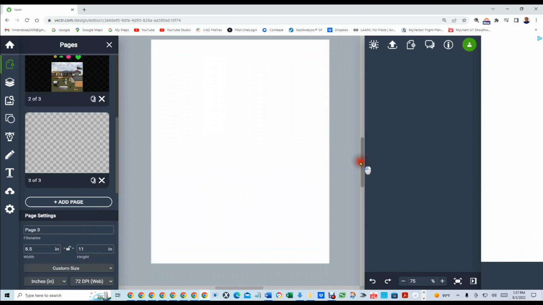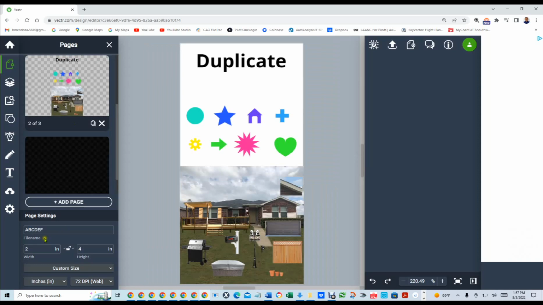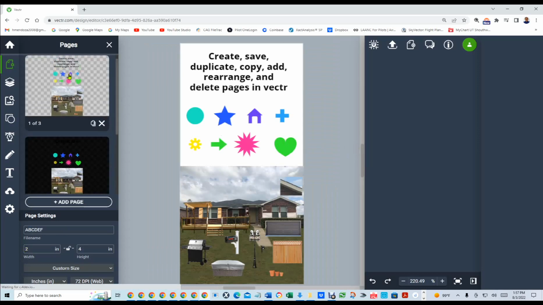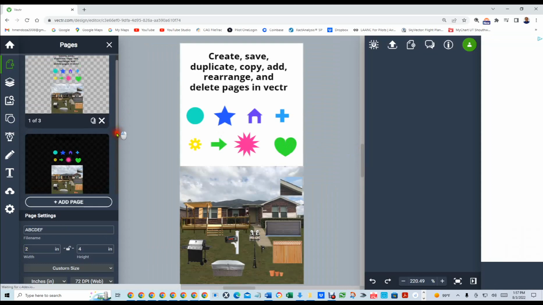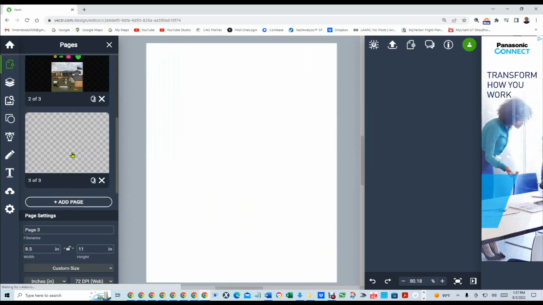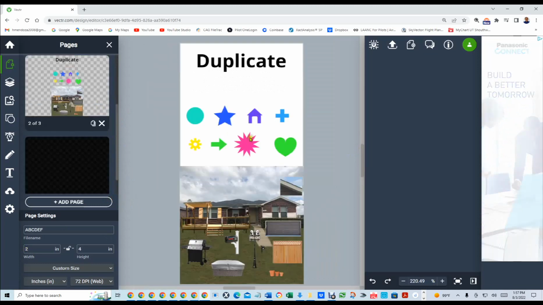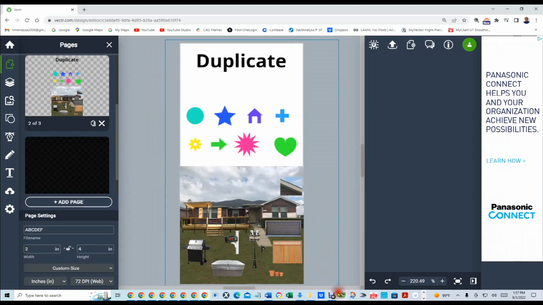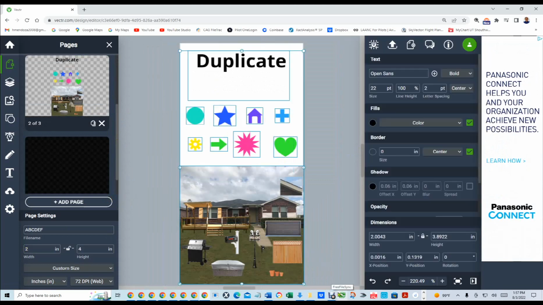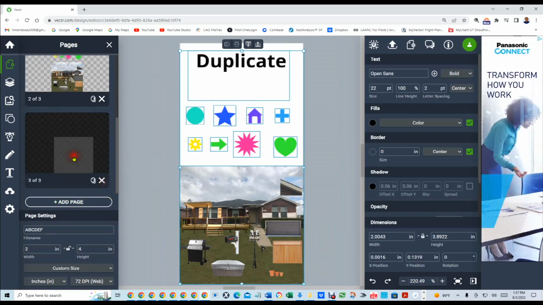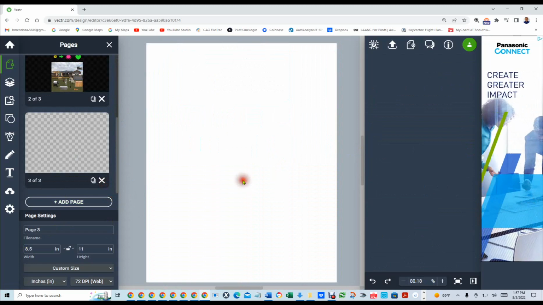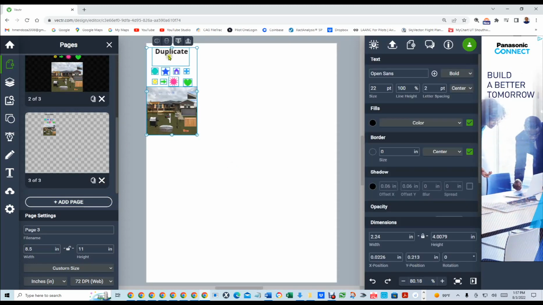Okay, so this page here, it's a 2 by 4, 2 inch by 4 inch. This is a 2 inch by 4 inch, but your third page is an 8.5 by 11. So now let's go to this page here. I want to select everything. I'm going to hit Control C for copy. I'm going to go to my last page, which is an 8.5 by 11. I'm going to hit Control V, and